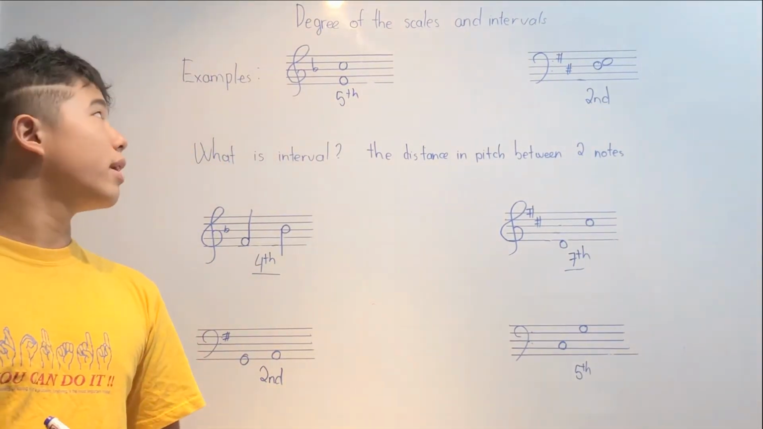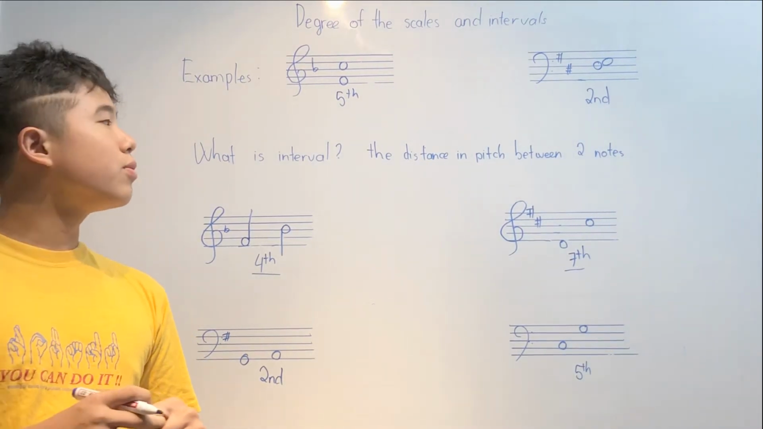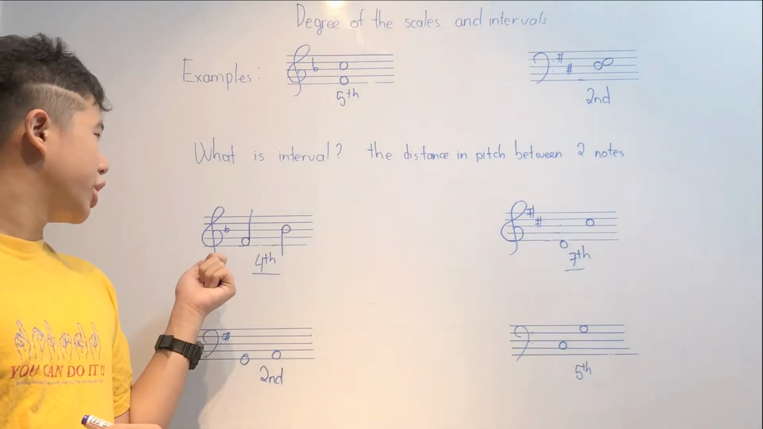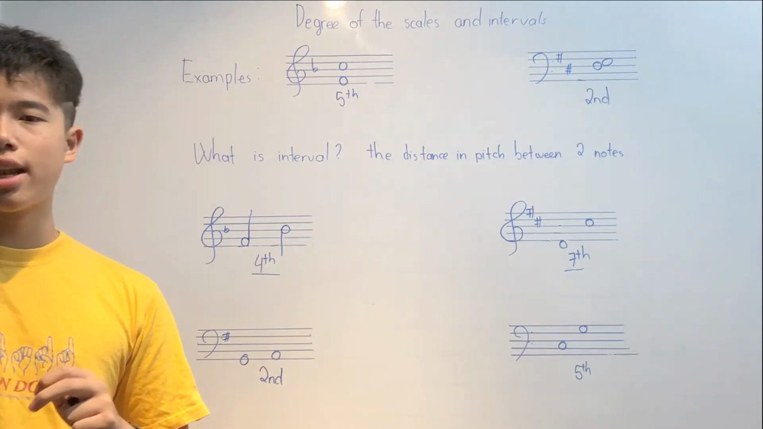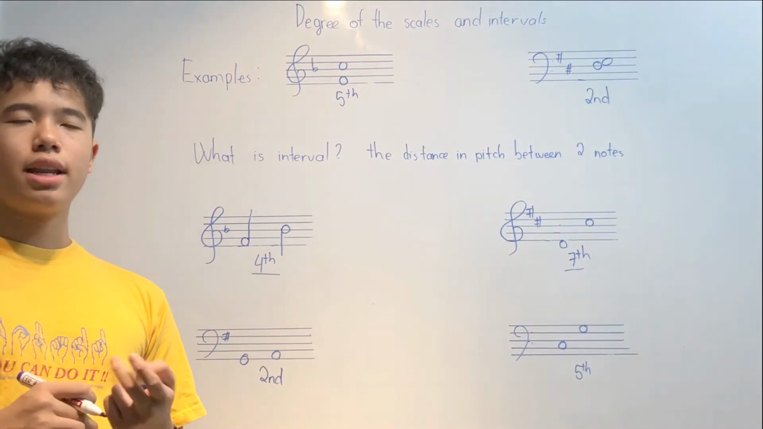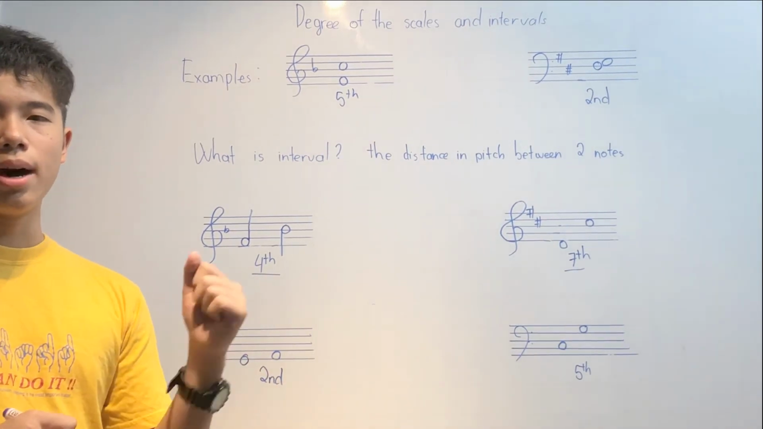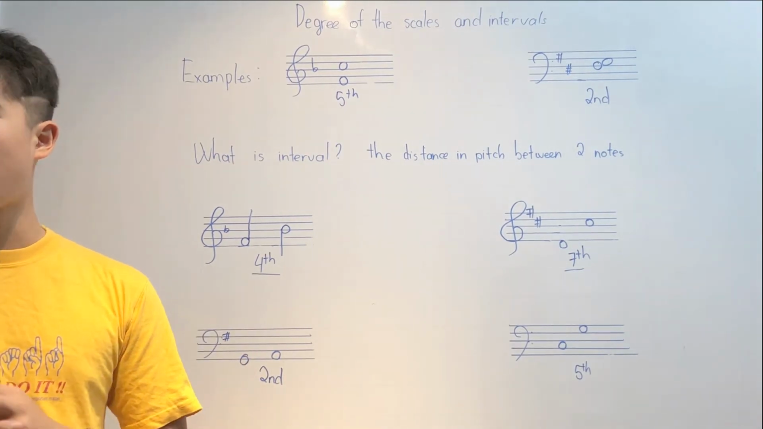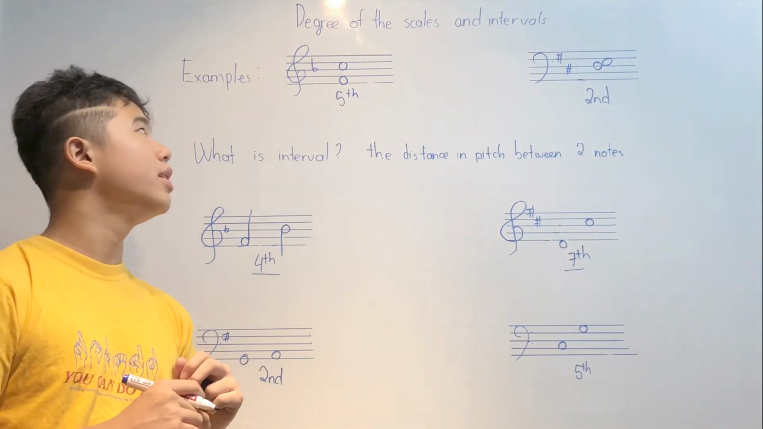So we finished with the degree of the scale and the intervals. Please remember that for intervals, you need to identify which clef it is first, and then look at the key signature and count it up. Count carefully, count from the lower note to the upper note, even if the lower note comes behind the upper one. So this is the end of my video on degree of scales and